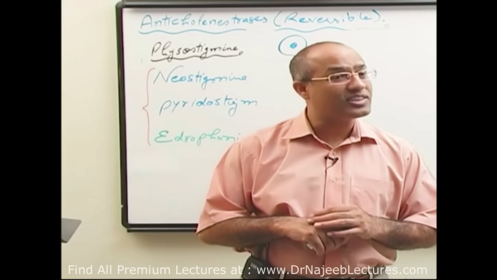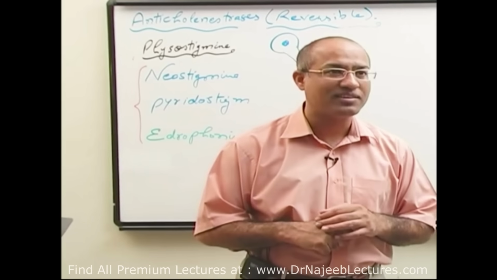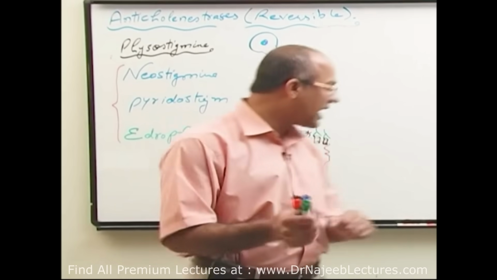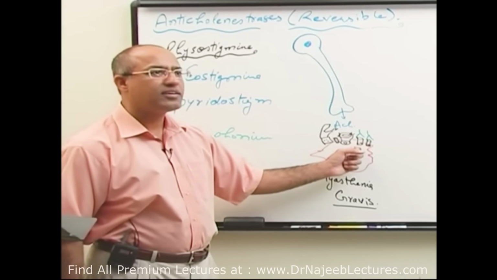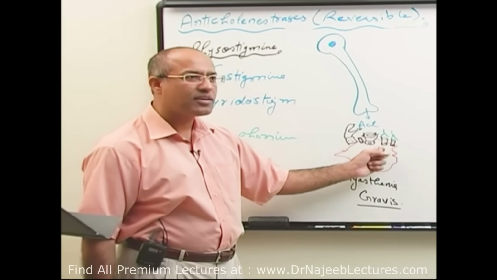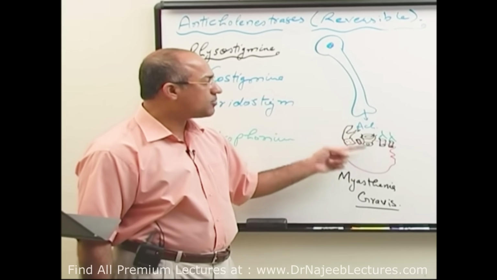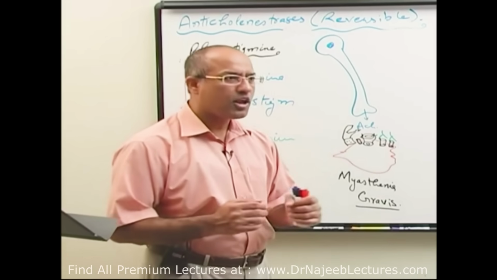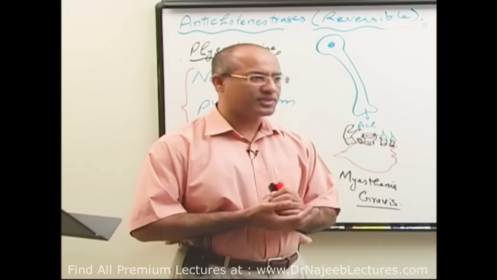Because if someone has myasthenia gravis, you give physostigmine, it will go to the central nervous system and make some troubles. Neostigmine will work mainly on the peripheral part. But let's come back and see what is the problem in myasthenia gravis. The autoantibodies are destroying and inhibiting what? Nicotinic receptors. And then muscles become progressively weak. In this condition, especially, the more a person does physical work, the more tired he feels.